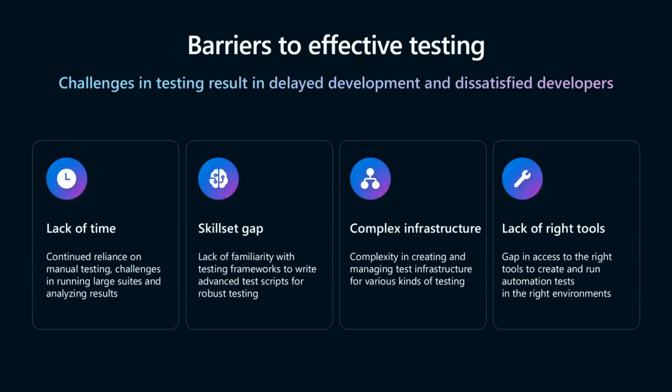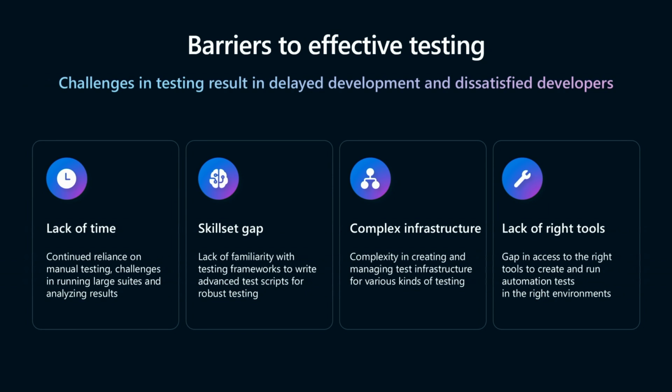However, market research shows that companies are not satisfied with their current levels of testing, and they do want to increase their investments across functional and non-functional testing. But why is that so? Lack of time is often cited as a major reason. Companies still use manual testing, and it takes time to run the large, complex test suites and to make sense of the results. And on their journey to automated testing, they see that there is a gap in the skill set that their teams possess.